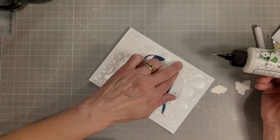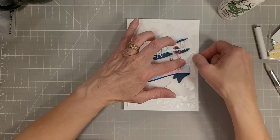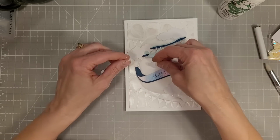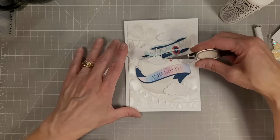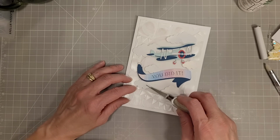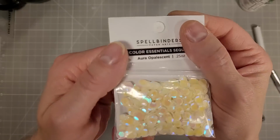Just adding a little extra glue behind the parts of the clouds that aren't over the vellum to help anchor everything in place. A few single clouds help add some balance and keep with that theme of an odd number of embellishments. I could see these clouds being used in all kinds of projects that have nothing to do with this particular die set. There it is, all of those clouds adhered, and now we're going to take the Aura